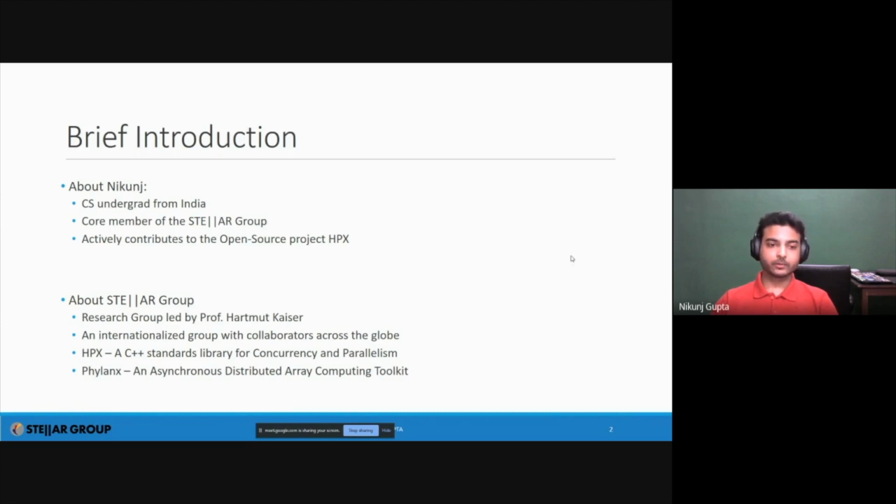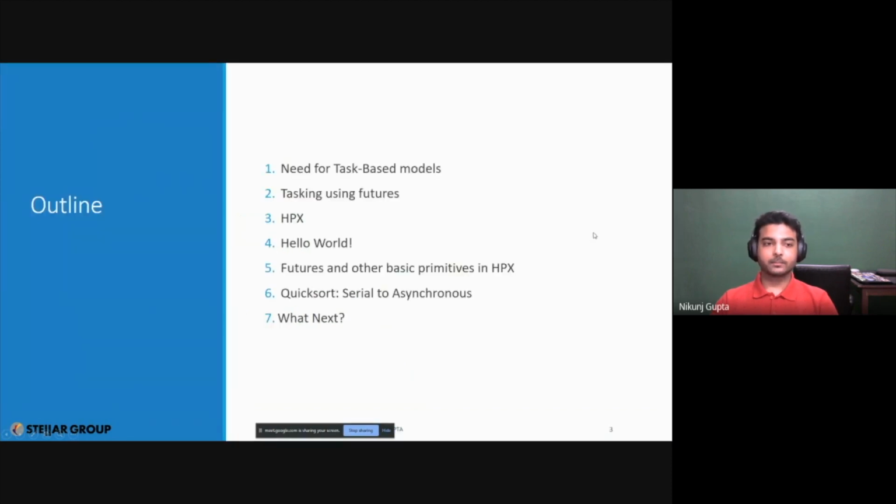Today we'll be mostly focusing on HPX and mostly on the basic features of HPX. So I'm not going to talk a lot about the distributed aspect of things or executors. It's mostly based on basic concurrency. If you're an expert in concurrency and parallelism, if you know what tasking is and you know how to write parallel code, this talk is probably not for you. But if you're just a beginner at all of this and you really want to get into how things work, then I believe this talk should not only help you understand what HPX is, but should also help you with writing C++ code.